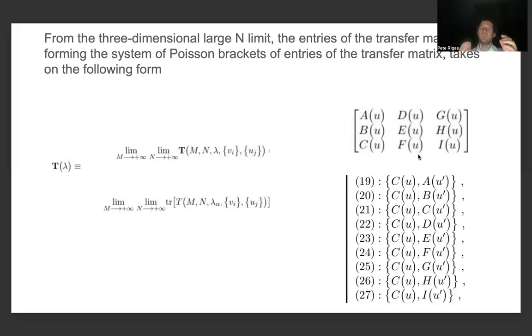And we can form different Poisson brackets that constitute this set of 81 relations by taking pairs of different entries of the U and U prime three-dimensional transfer matrices and pairing them together as arguments in the Poisson bracket. So this is a little bit of an extension of the two-dimensional case, because it's going to result in several more computations, not only to obtain some type of recursive approximation for the entries of the three-dimensional transfer matrix